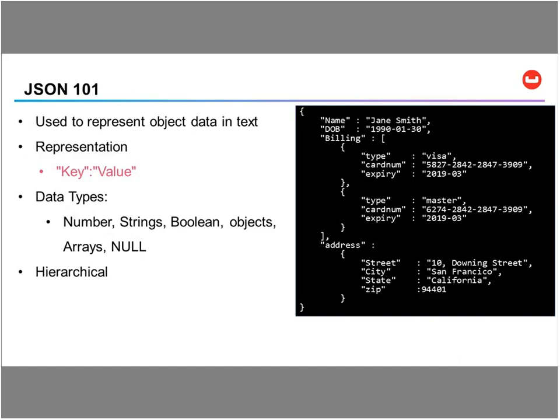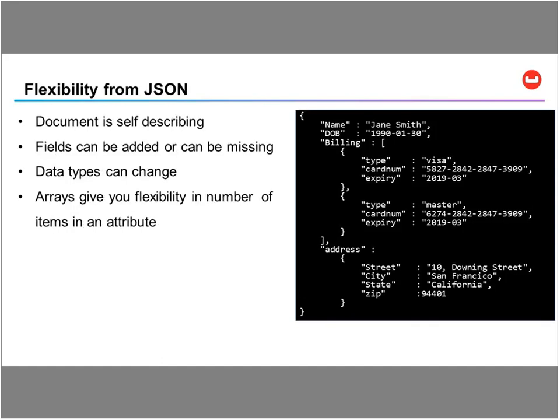In the NoSQL world, you would be relying on the JSON structure. As you all know, JSON is a very object-oriented representation of your business data structure in a text format, right? So you have a key and value, and that value could be a number, string, Boolean, or it could also be a JSON object in itself. The benefit of using JSON is that it is self-describing. The schema is embedded in